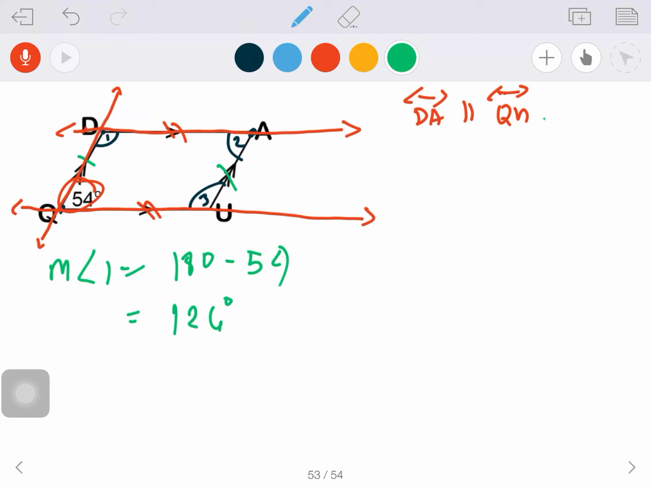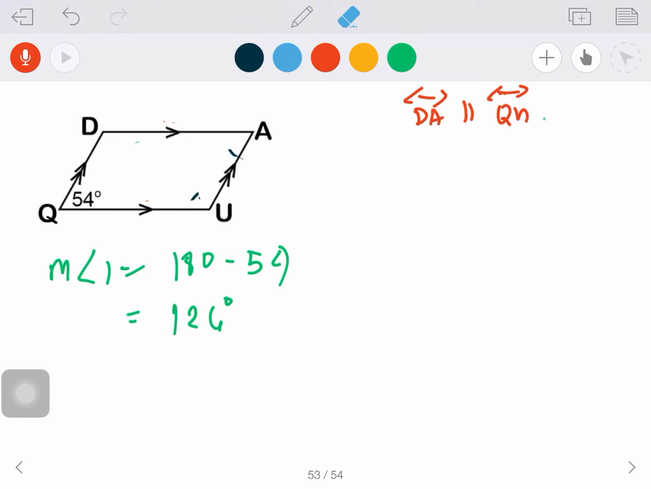126 degrees is the measure of angle 1. Okay, so this is 126 degrees. How do we go now from angle 1 to angle 2 and angle 3? Now take note that aside from DA being parallel to QU, another set of parallel lines would be DQ and parallel to line AU